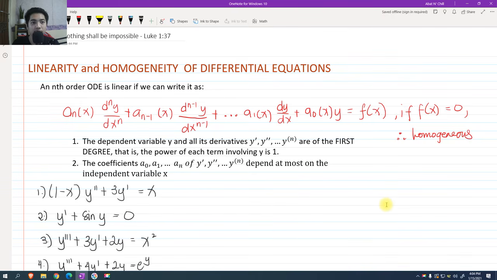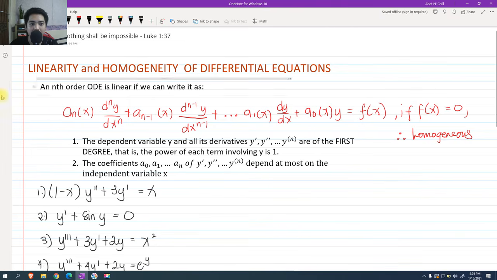Hi, so for today we're going to talk about the linearity and homogeneity of differential equations. This is basically classifying the differential equation, whether it is linear or non-linear, and homogeneous or non-homogeneous. So let's get started. An nth order ODE, or ordinary differential equation, is linear if we can rewrite it